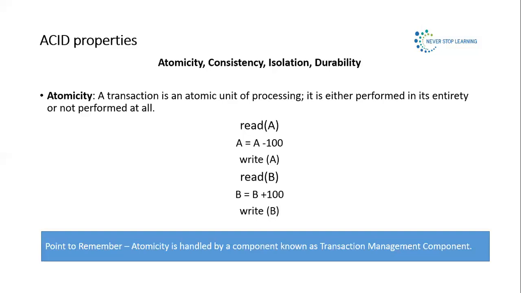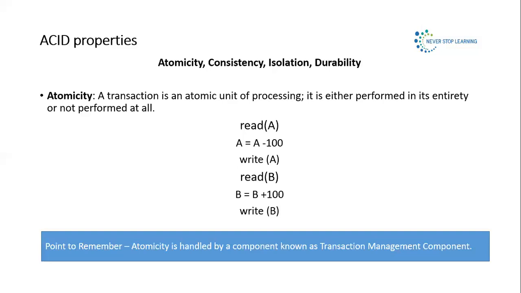Now we are debiting from account A. So from account A, 100 rupees are debited. Then again, we are sending the final value to the database by this write operation. If account A has 1000 rupees and we subtracted 100 rupees, then after these three instructions, including write A, what is the balance of account A? 900 rupees, right? So in the database, the final value of A will be 900.